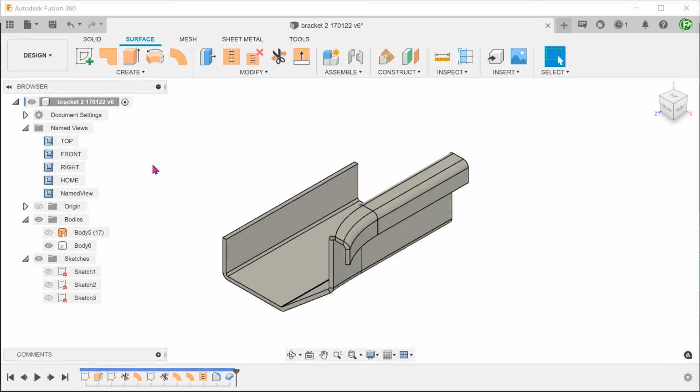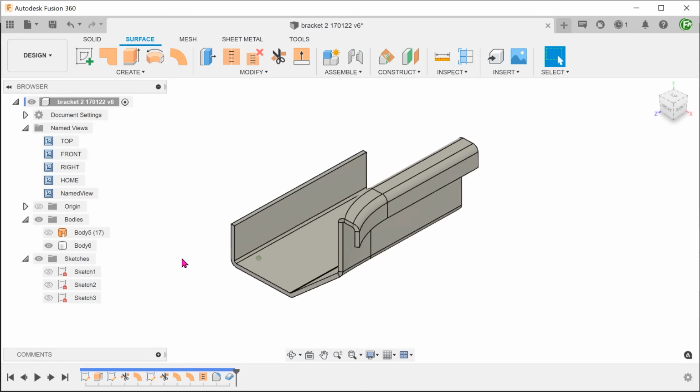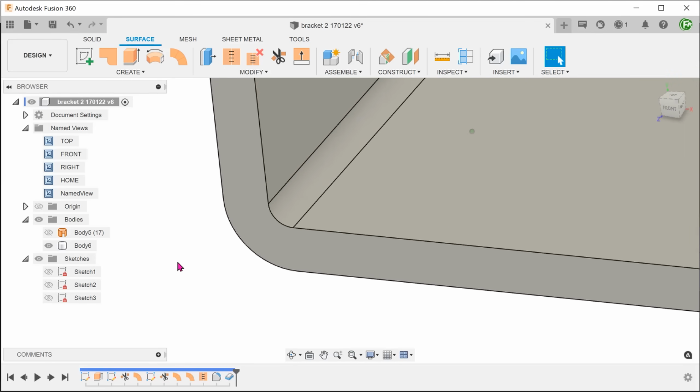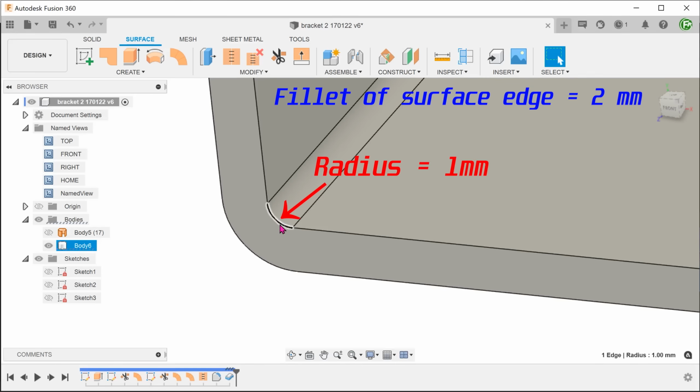The major advantage of this workflow is that the fillets of the thickened body on either side are automatically adjusted to ensure a consistent thickness all around.